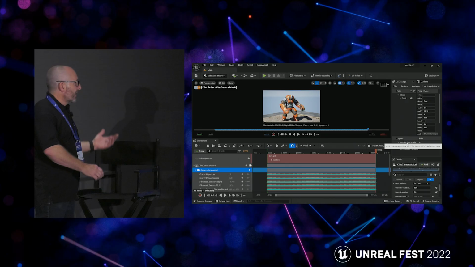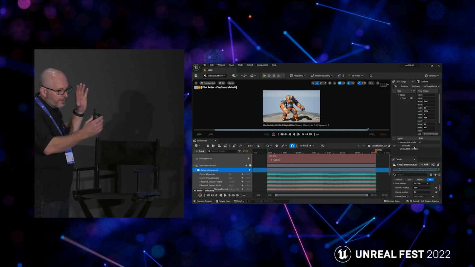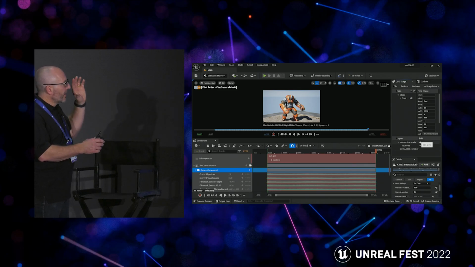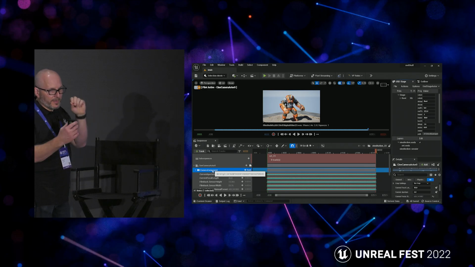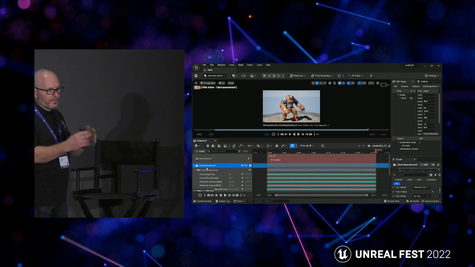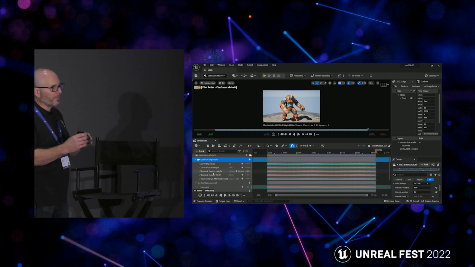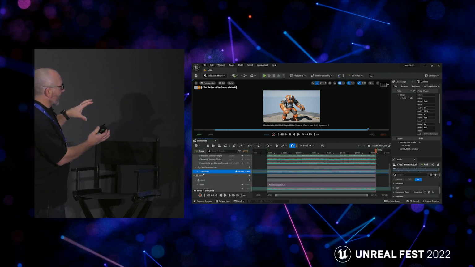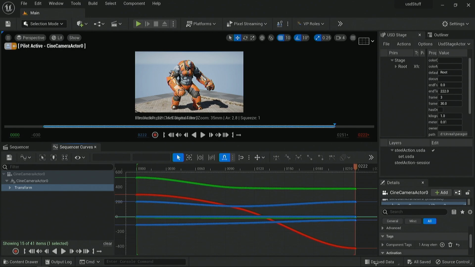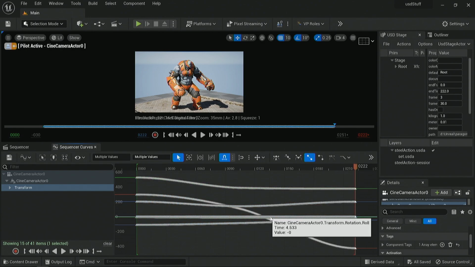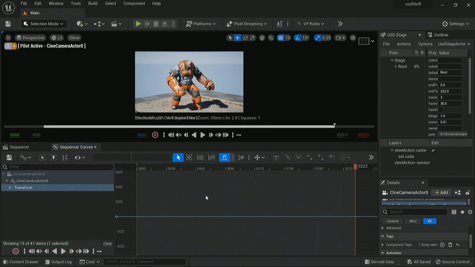And so basically, when you have a USD file that you've loaded in the USD stage, when you click on it in the outliner and look in the details panel, there'll be a level sequence associated with it. Whenever there's animation, there's always going to be a level sequence associated with it. When you open up that level sequence, it's going to show the character, camera, etc. So all I'm doing here is deciding that I want to change the camera. I've got full access to all the curves. I'm just going to delete them, and then I can animate the camera.